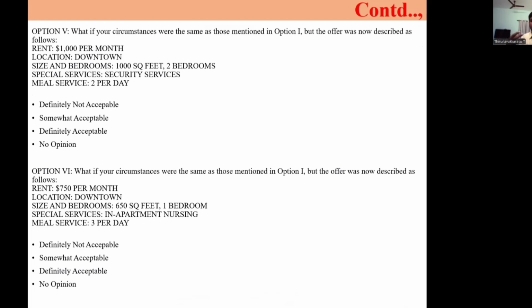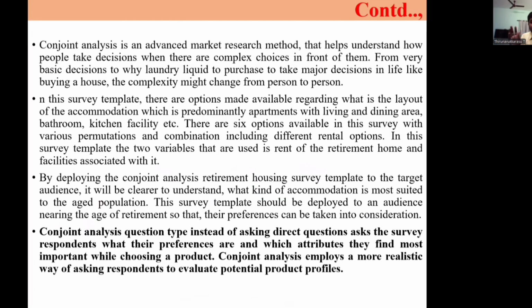So finally, when the consumer's opinion meets the attributes, the particular combination is selected by the consumers. So finally, the conjoint analysis is helping both the consumers and also the business